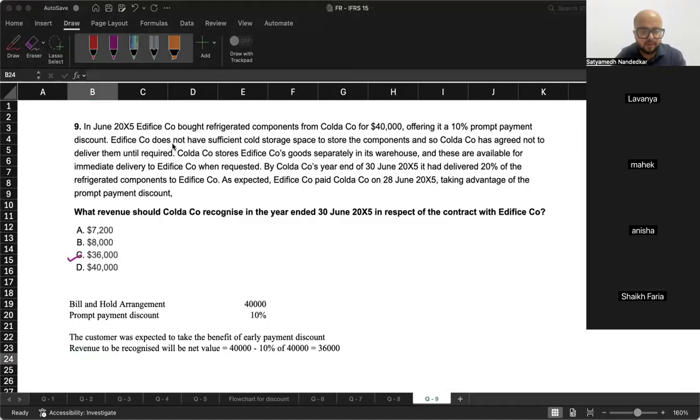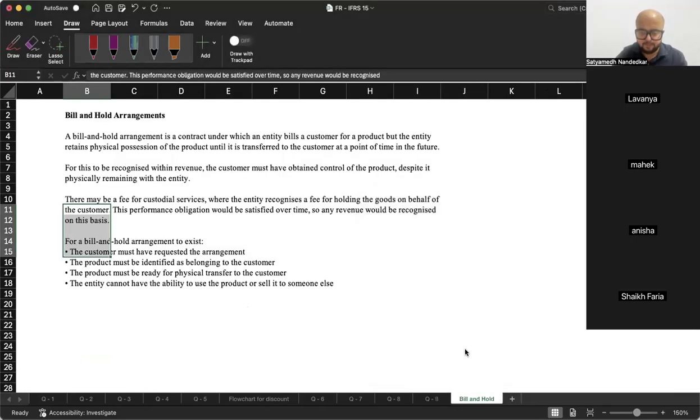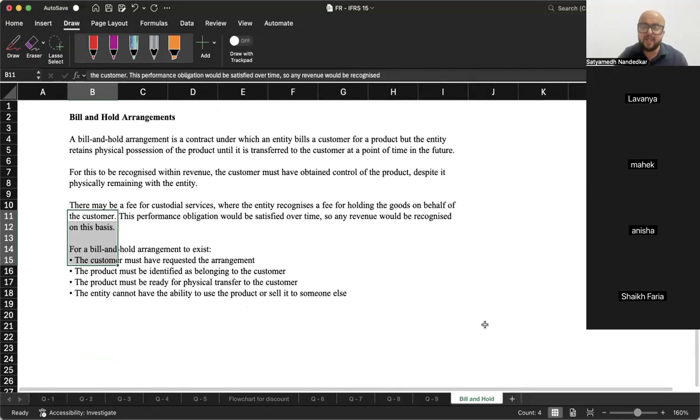A bill and hold arrangement is a contract in which an entity bills a customer for the product, but the